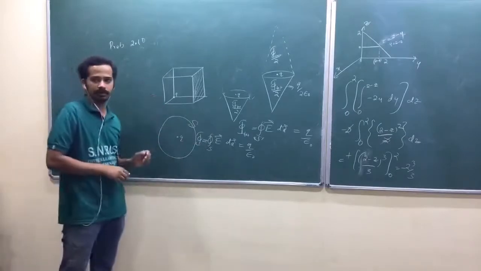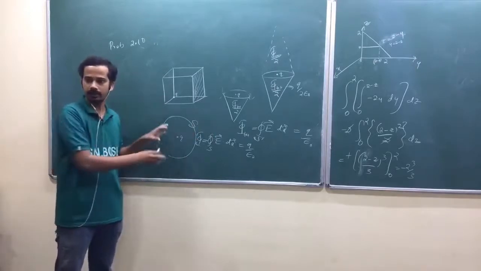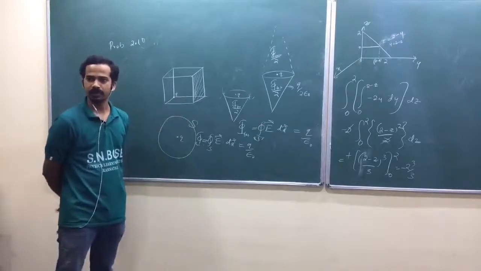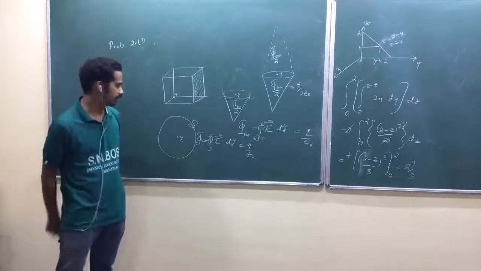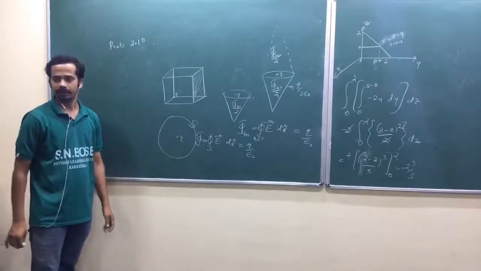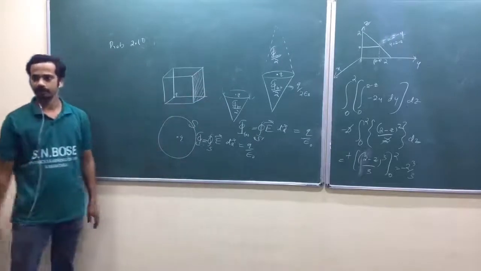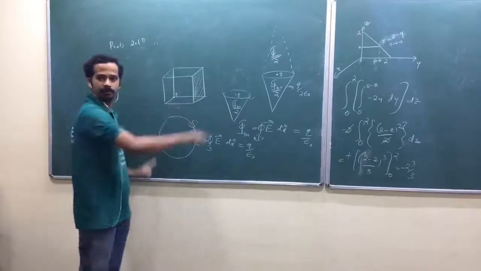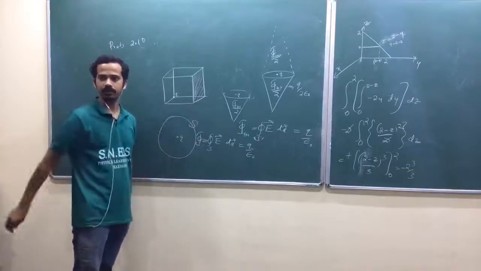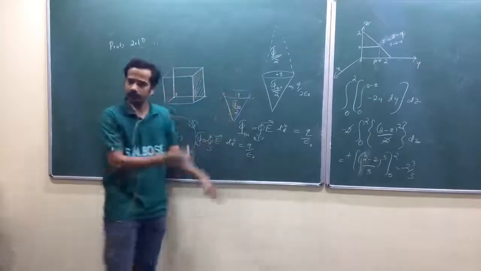If I reshape this one without making this one outside the region, okay? I'm keeping this one inside my region. I'm reshaping my spherical region. So then the number of field lines should be the same, am I right? The number of field lines passing through the surface should be the same. It doesn't matter whether it is a sphere or any other shape. Why? Field lines are generated by this one. It is ending at infinity. That's why whatever the shape, it should have passed through that one. The number of field lines passing through the surface, any shape, that is the same. So that's why you can take any closed surface, you can apply Gauss law.